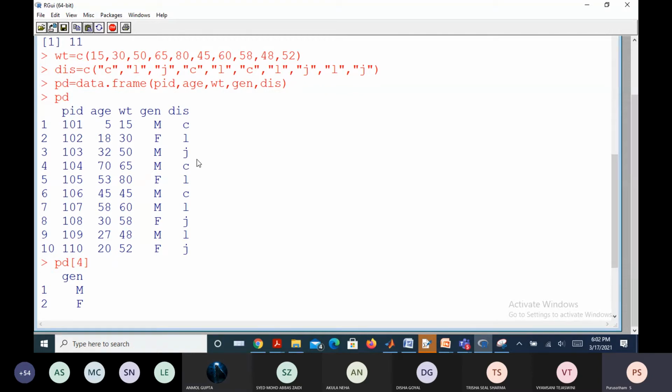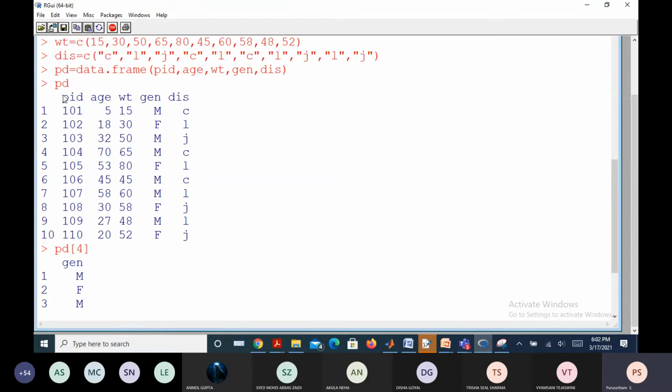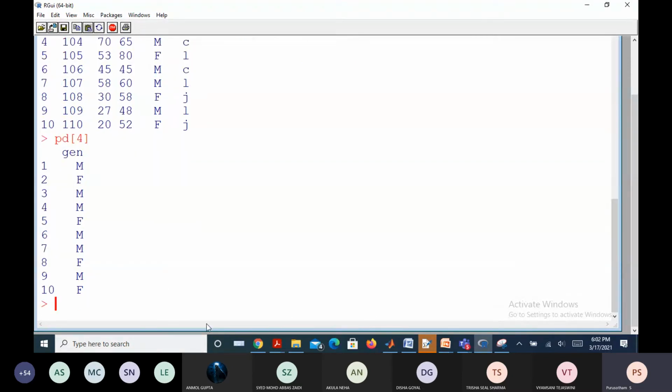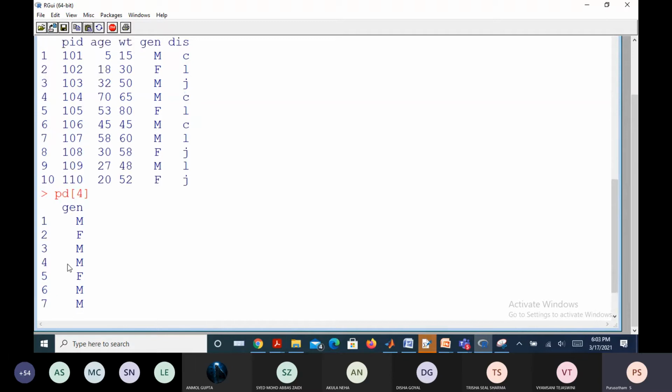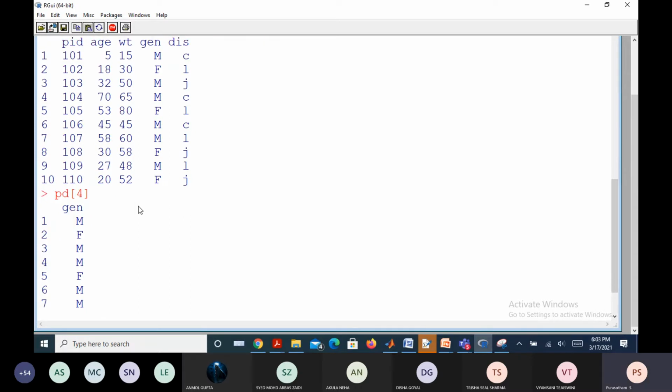Yes, sir. So we need to filter something like the 104 data, corresponding to the age and other things. From the PD variable, I'm using the dollar symbol: PD dollar age.